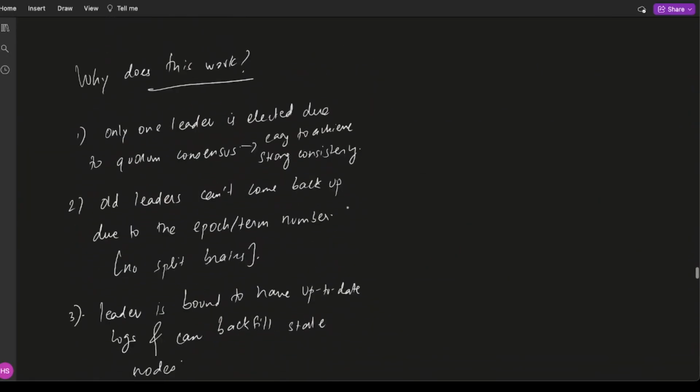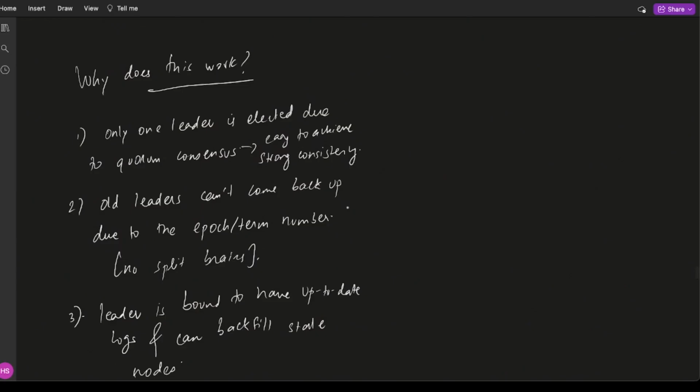So why does this work? Why can you guarantee linearizability in this case? So number one, there's only one leader over here that's accepting writes, and you need to have votes from a quorum majority. So this is bound to give you just one leader, and it's very easy to achieve strong consistency as a result. Number two, all leaders that were down and now have come up